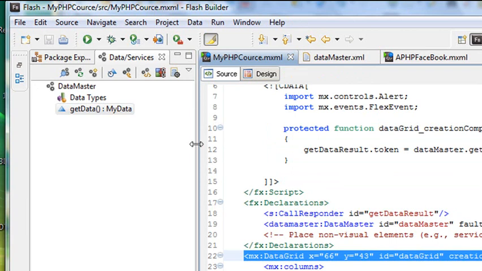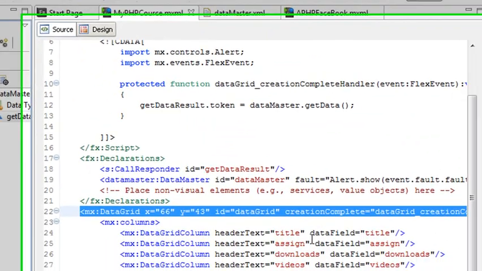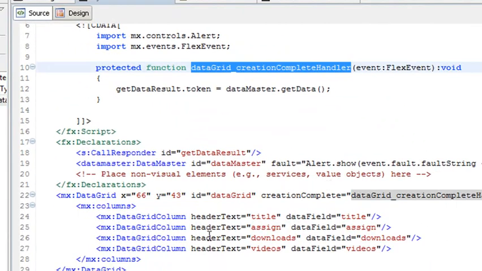And if we open this up, we see we've actually created a data grid, and the data grid has a creation complete. So when I open up the data grid and take a look at the creation complete method, basically what that does is when the data grid is created, it runs the method data grid creation complete. If I roll over and click on that, that brings me up to the method here, and what that method is doing